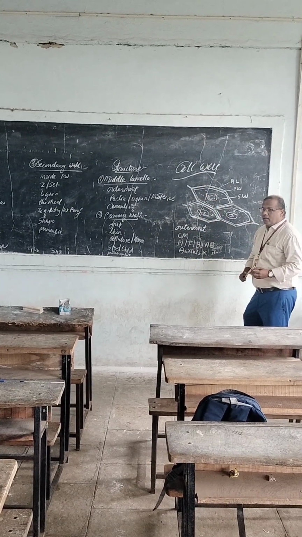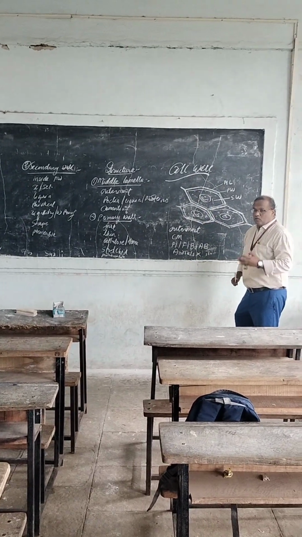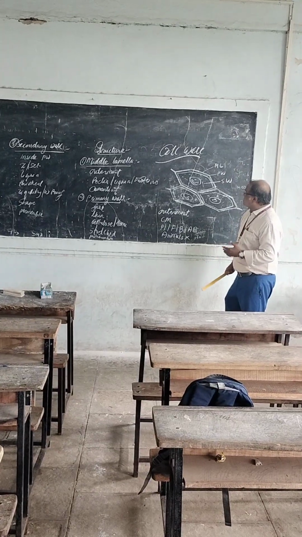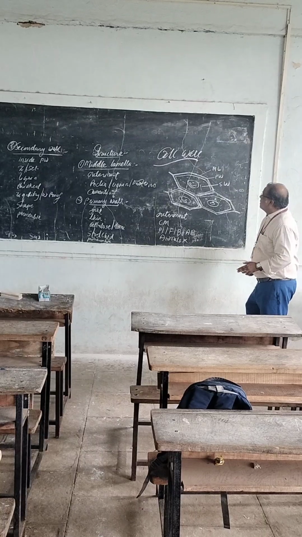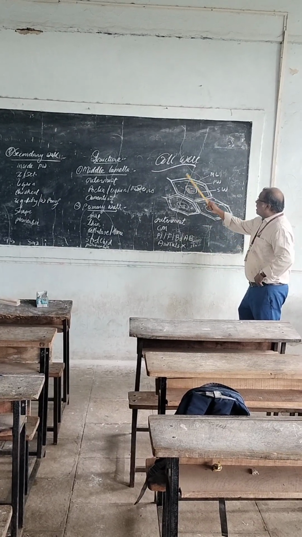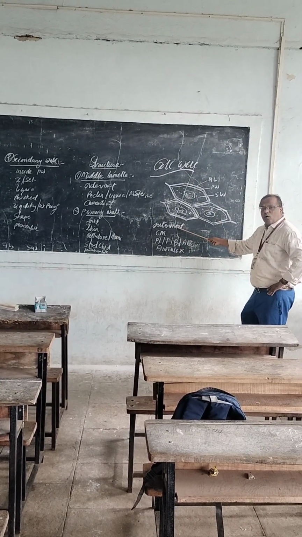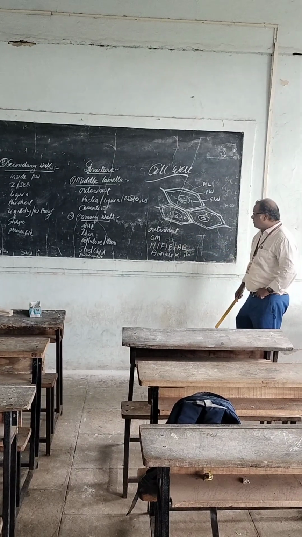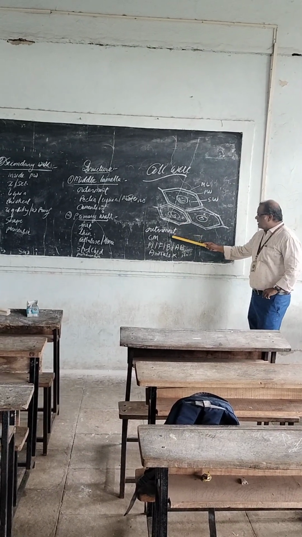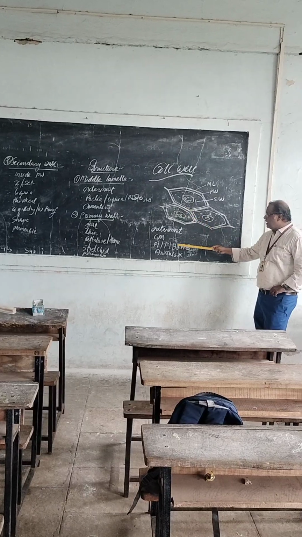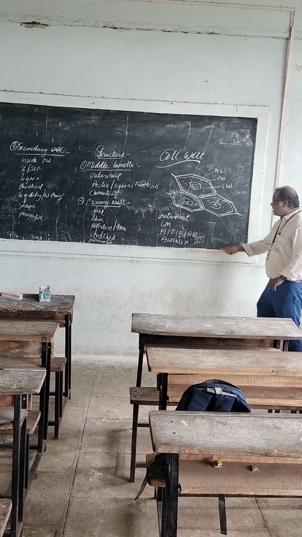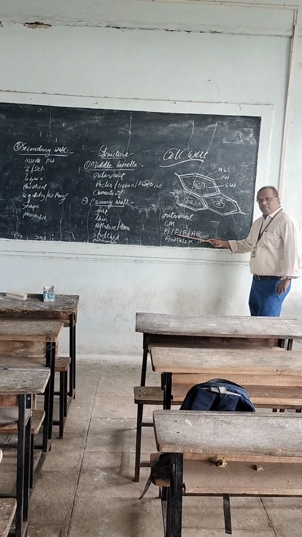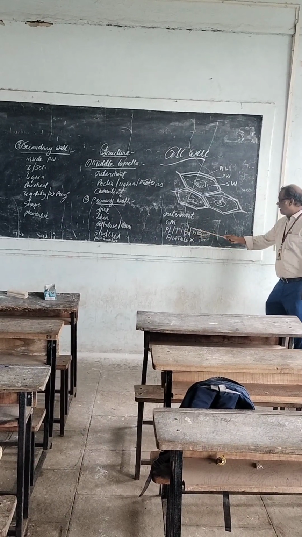Today about the cell wall. So the cell wall is a most important structure in the plant cell. The cell wall is the outermost layer of the plant cell. It is present just above the cell membrane. The cell wall is present in plants, fungi, bacterial and